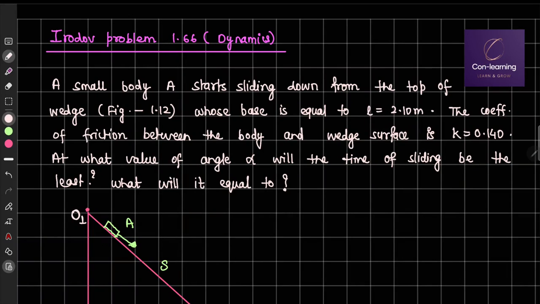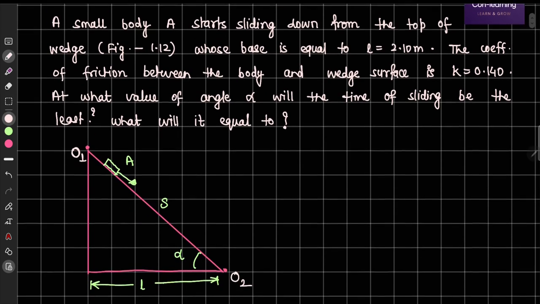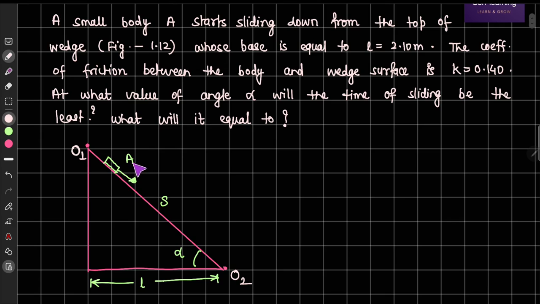Hello everyone. In this video, we are going to solve problem number 1.66 from Irodov, and that is related to dynamics. So let us first understand the problem and then we will solve it step by step. We are having a small body A which starts sliding from the topmost point, that is O1,